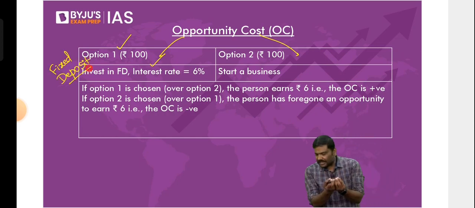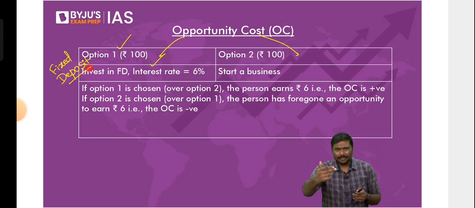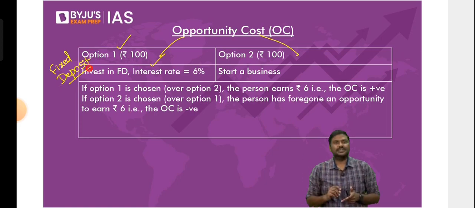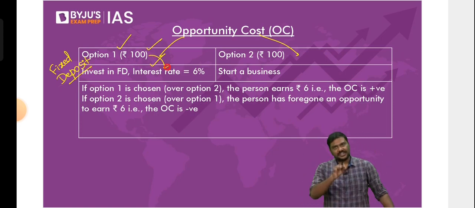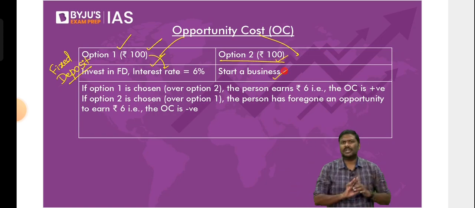What is an FD? You take the money, you keep it in the bank, let's say for 1 year, 2 years, 3 years, as per your requirement, and after that period is over, the bank will pay the interest to you. So that is the basic idea of the fixed deposit. So one option is that you keep this 100 rupees in the form of a fixed deposit. The second option is you take the 100 rupees and start a business. Now understand this. Some of you will go with option 2, some of you will go with option 1. And again, there is no fixed answer here.